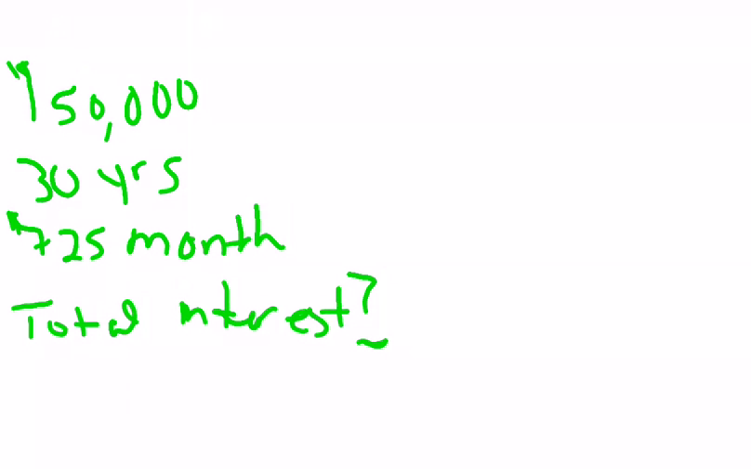So to find the total interest, we're going to take our monthly payments, which is $725, and multiply that by 12, because we make that 12 times a year times 30 years. So 725 times 12 times 30, and that's going to give us